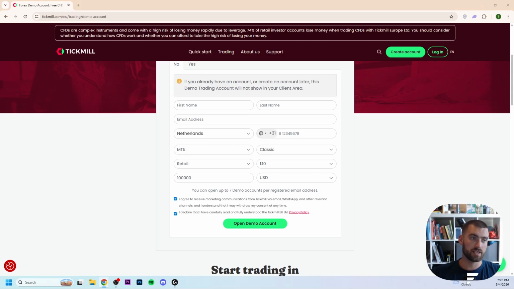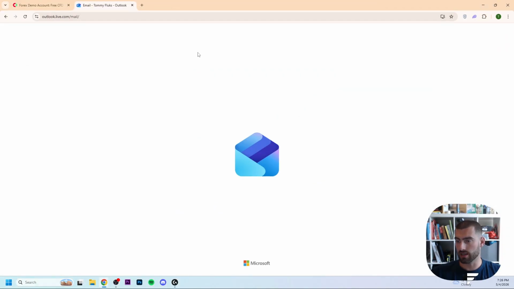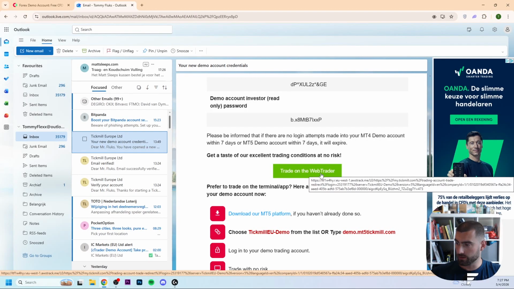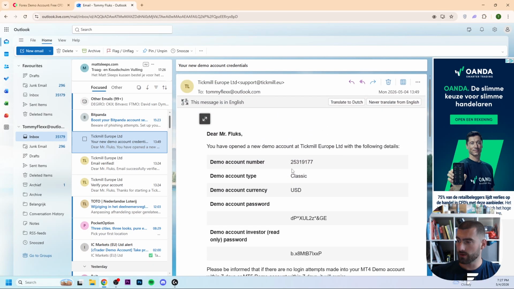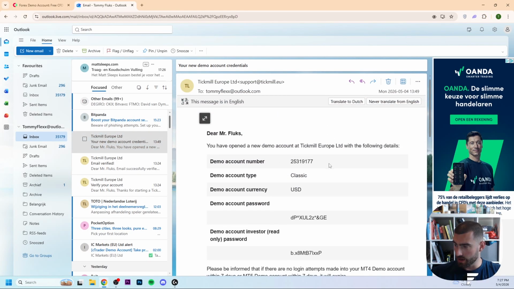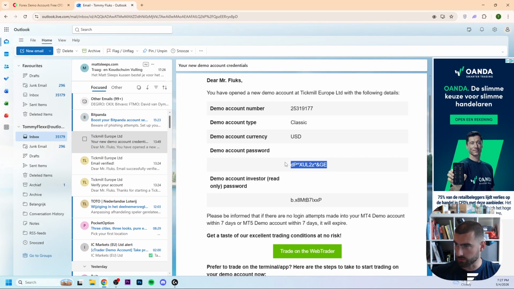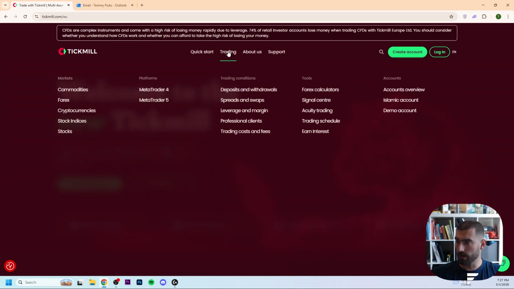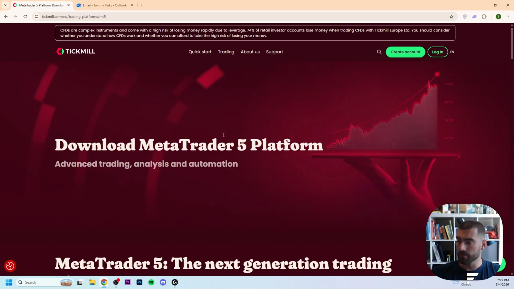And then if you go right now to your email address, they send you right here this. I will show you exactly. Right now, if you click right here on trade on WebTrader, you go to the WebTrader, but you need right here your demo account number and your demo account password. Because right now, if you go to TickMill again, and we go to trading and select MetaTrader 5,